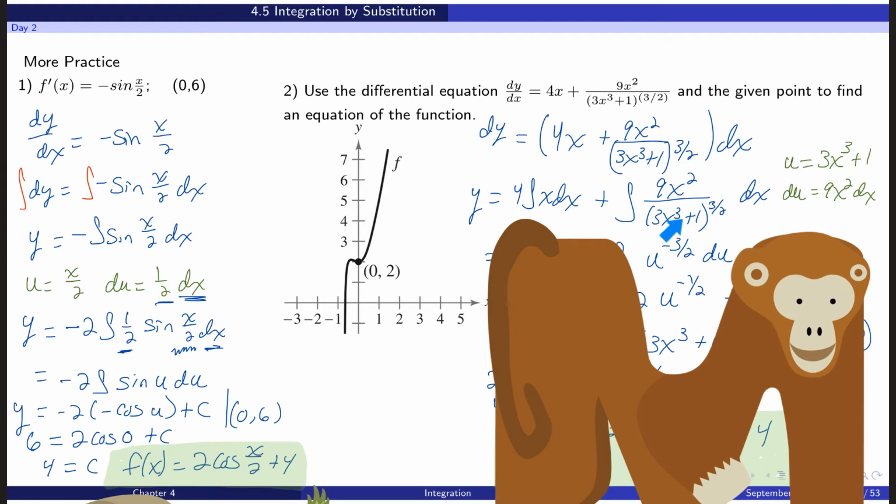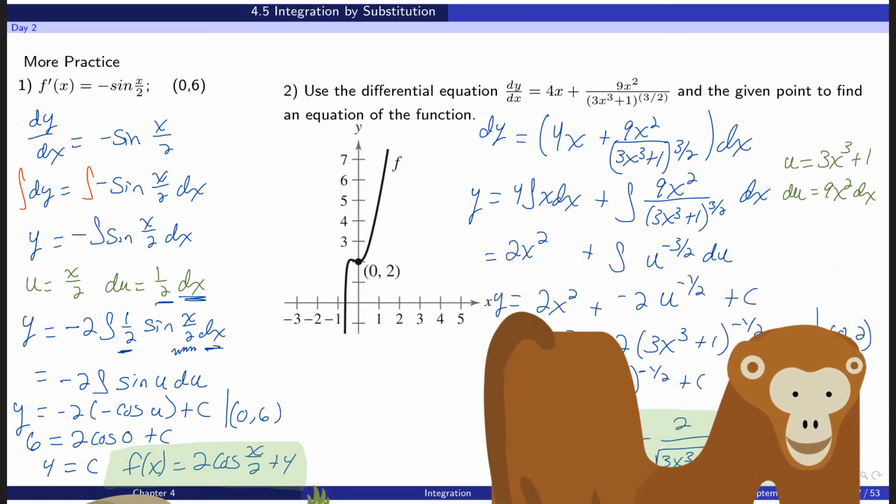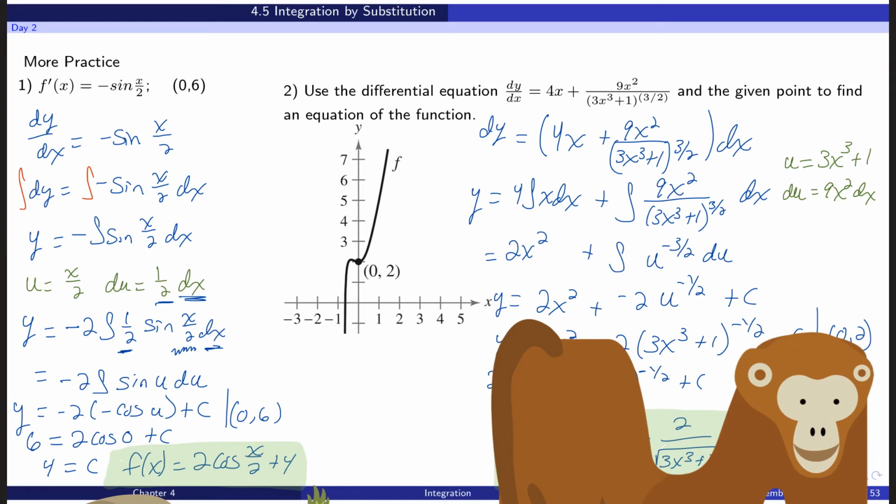The derivative of that is 9x squared, which, oh look, we have upstairs. So our du, everything is taken care of. 9x squared dx is all there. So what looked like an awfully intimidating problem boils down to the antiderivative of u to the negative 3/2 du. Finishing up,